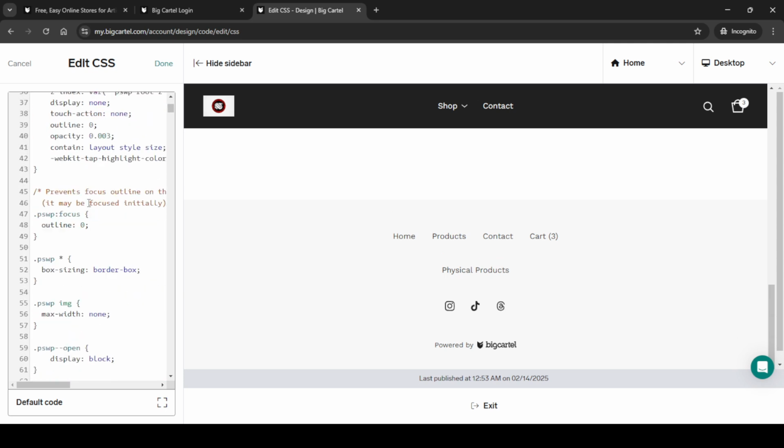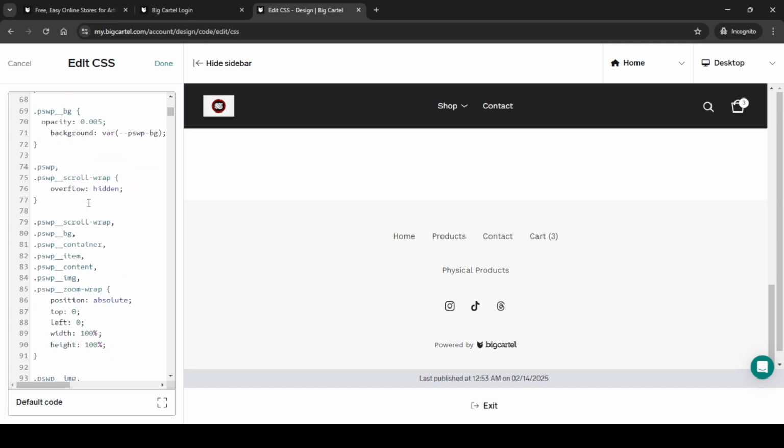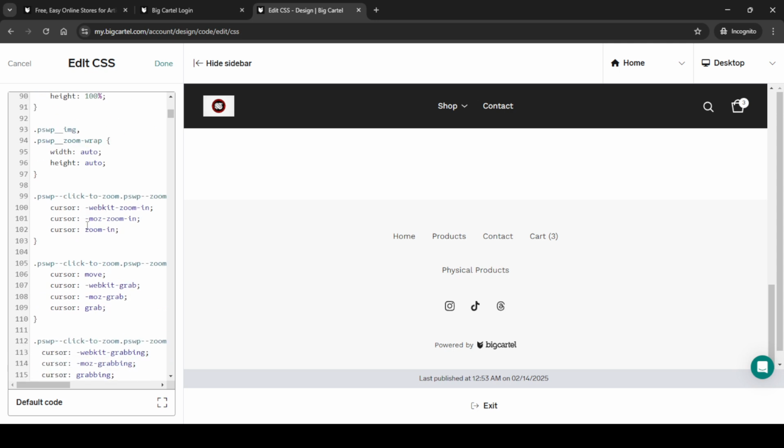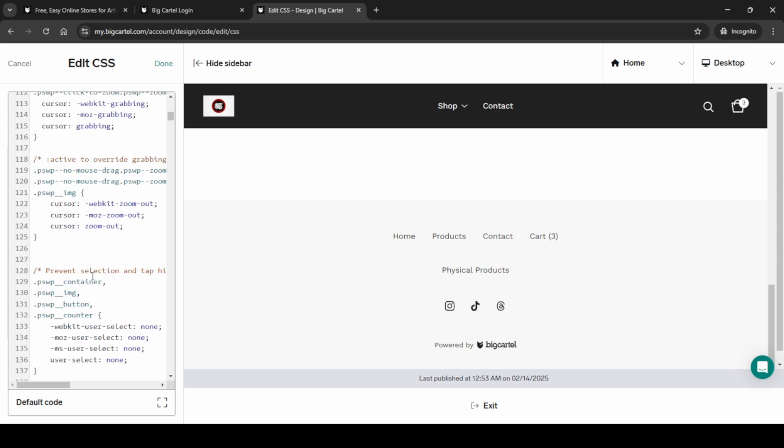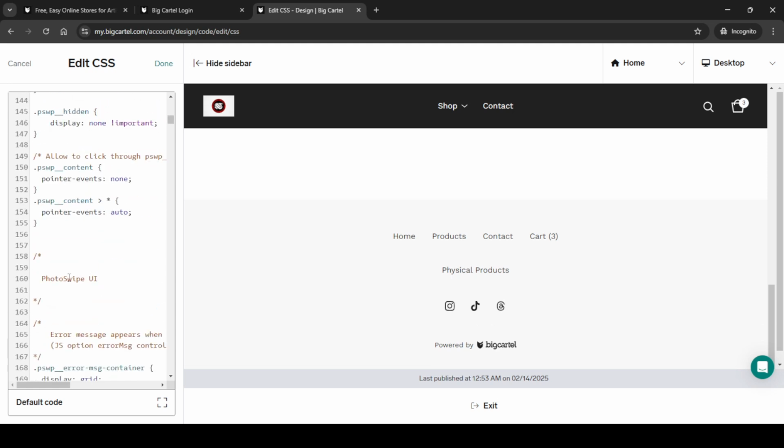Once you have located this section, you'll need to carefully delete the existing code that references the Big Cartel logo. Make sure you only delete the specific code for the logo to avoid any disruption to the rest of your site's design. After you've deleted the code, save your changes and refresh your web page to ensure the logo has been removed. This simple process helps ensure your site looks exactly as you want without any additional branding. With these steps, you've successfully removed the Big Cartel logo, giving your website a more personalized look. Remember, taking control of these small details can make a